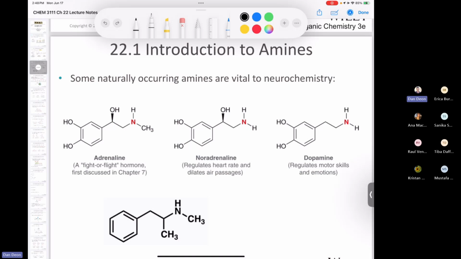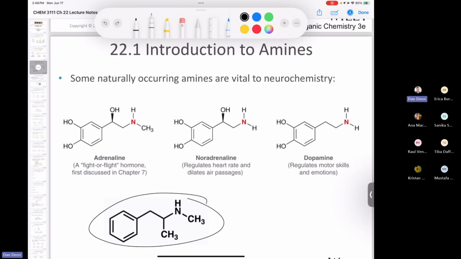Anyhow, so some naturally occurring amines are vital to neurochemistry. And I could go on a long diatribe about this, but anyhow, you see adrenaline here, which is responsible for the fight or flight syndrome. And there's more detail given on that in chapter 7. The next one is noradrenaline, and then you have dopamine over here. And then, of